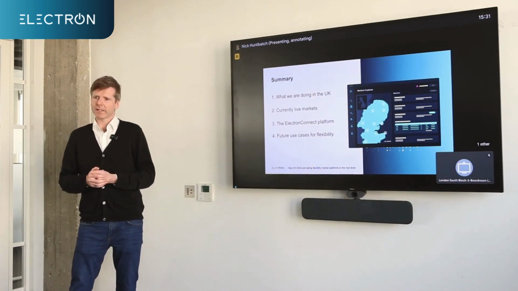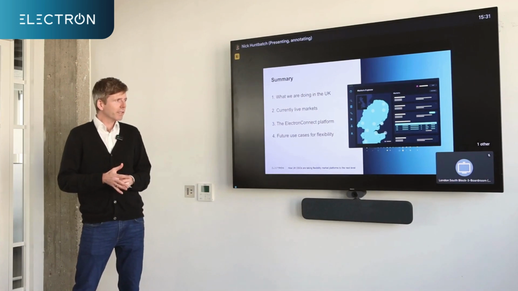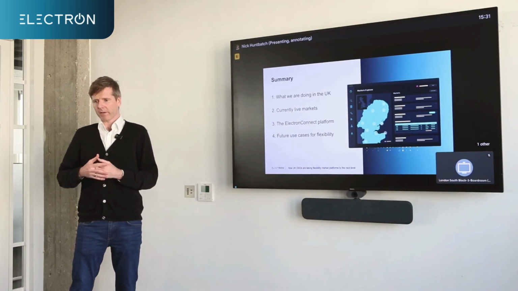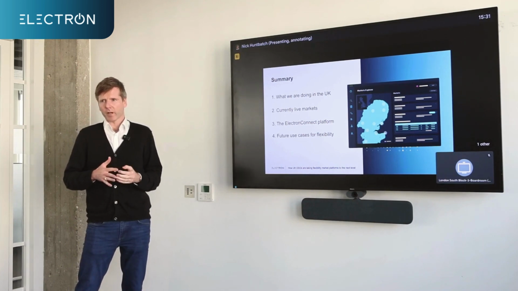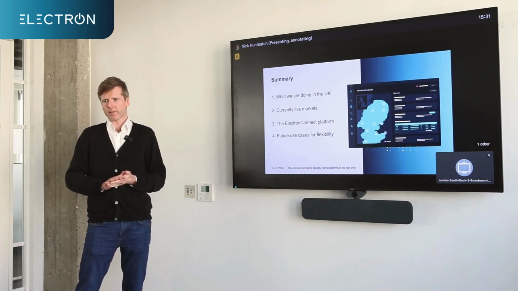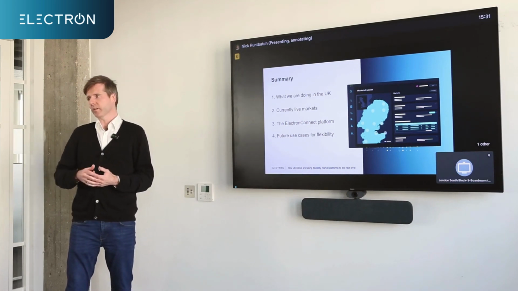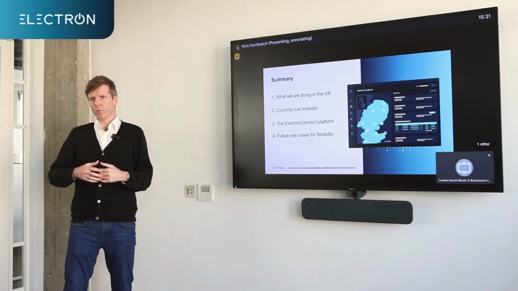We'll have a look quickly at some of the currently live markets and market opportunities. And then we'll have a bit more of a laser focus on the Electron Connect platform, what it is and how it might be slightly different to some of the other offerings that are out there. And then we'll wrap up by looking at some of the exciting future use cases of flexibility, which we also